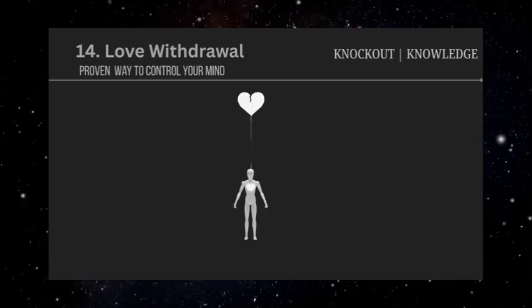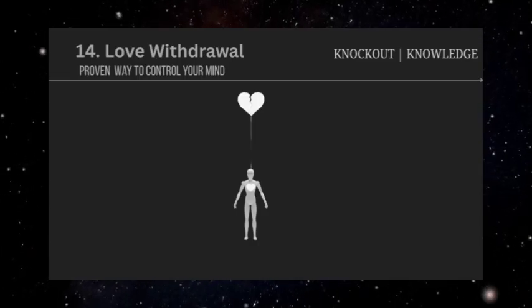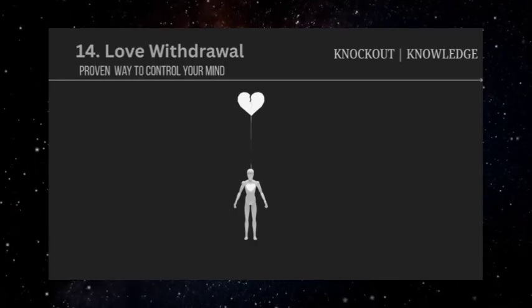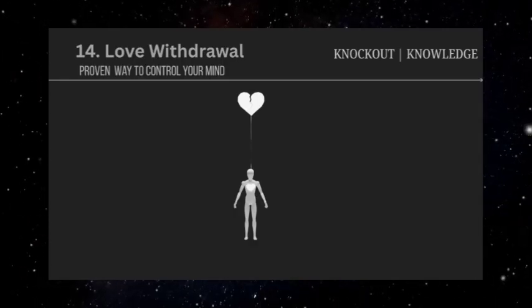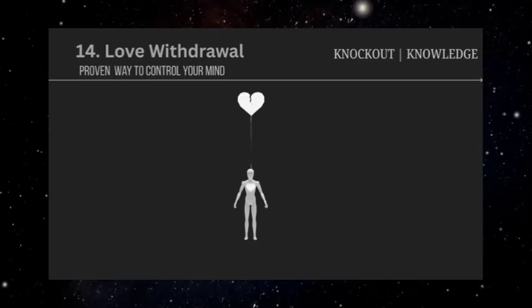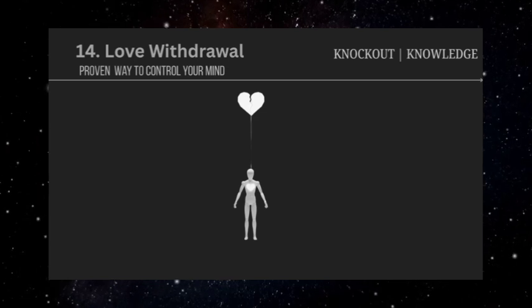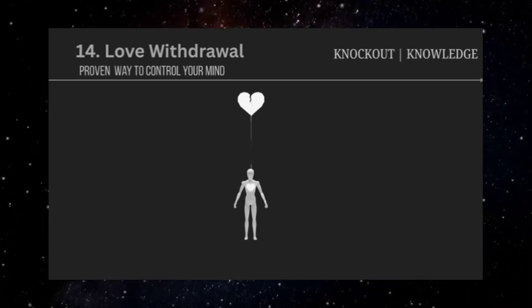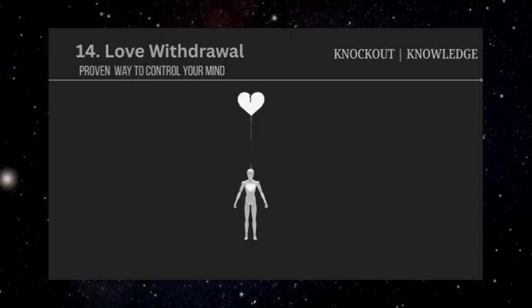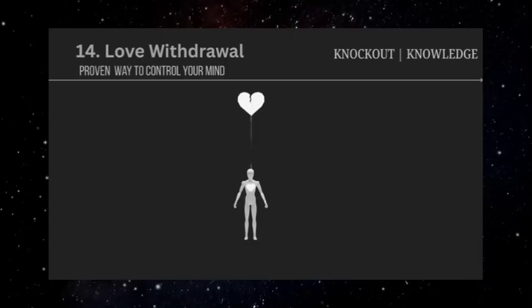In romantic relationships, love withdrawal might follow a partner's refusal to do something, expression of different opinions, or attempt to maintain independence. The withdrawing partner doesn't argue or explain their displeasure directly. Instead, they simply become emotionally unavailable. No more affectionate texts, no more intimate conversations, no more physical closeness. The message is clear. Compliance restores love, resistance removes it.